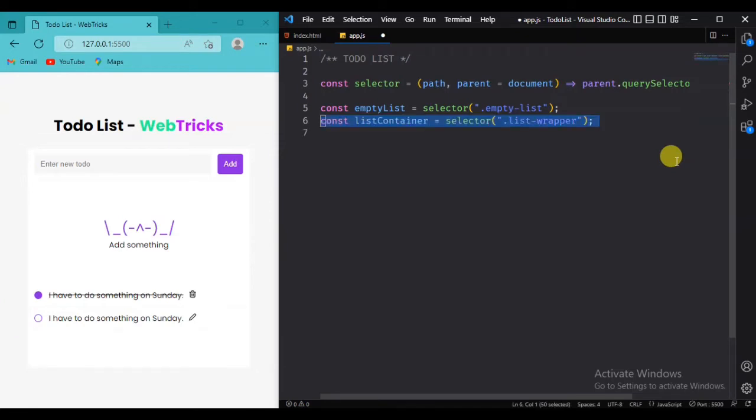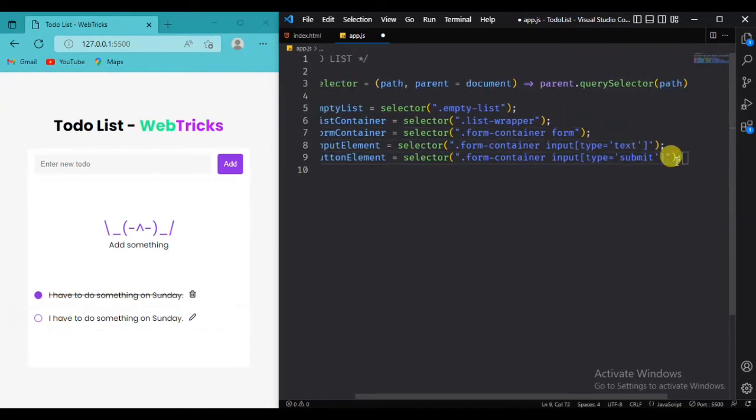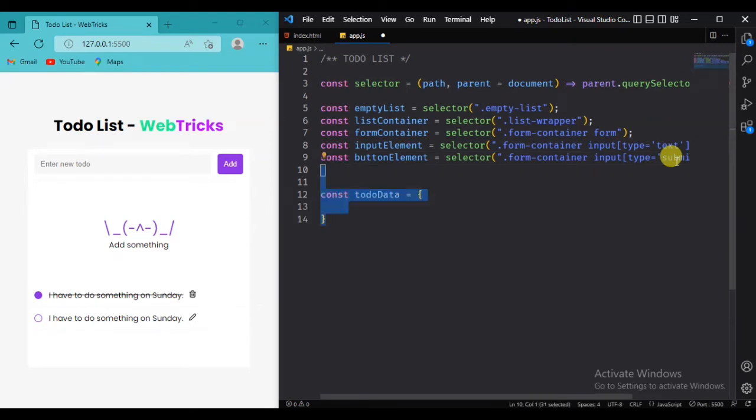Second, I will select the list container in which I will insert list items. Next, the form, and next the input element, from which I will take the value that the user inputs. Next is the button, and then I will create an object in which all the list data will be stored. So here I am creating a data array, and in this data array I will insert each list item's data